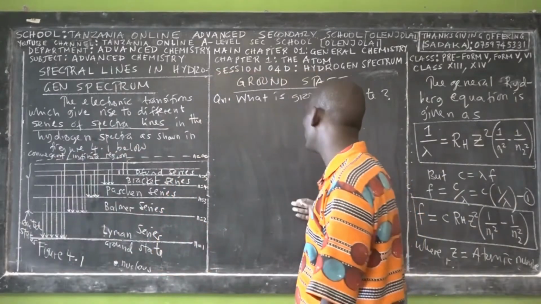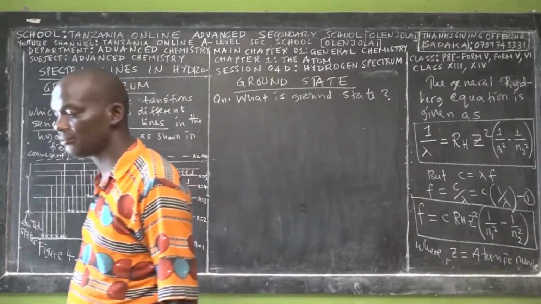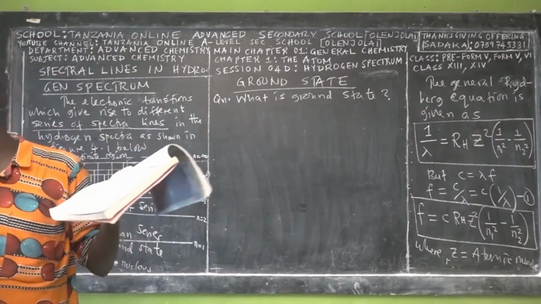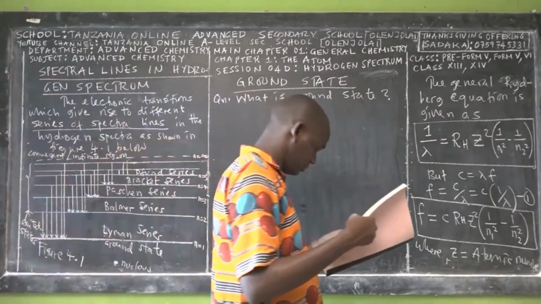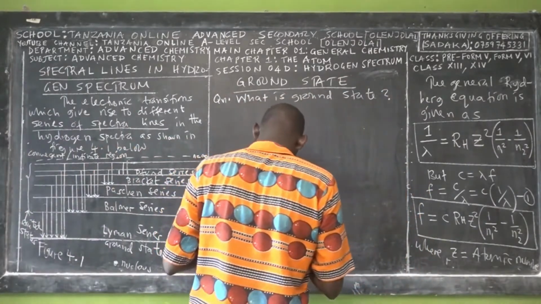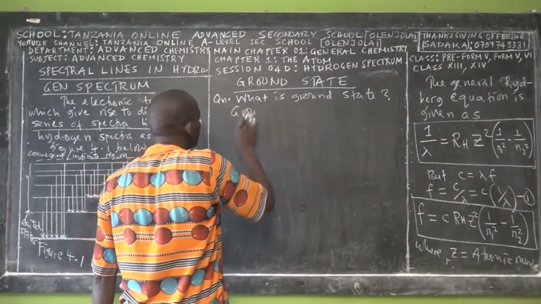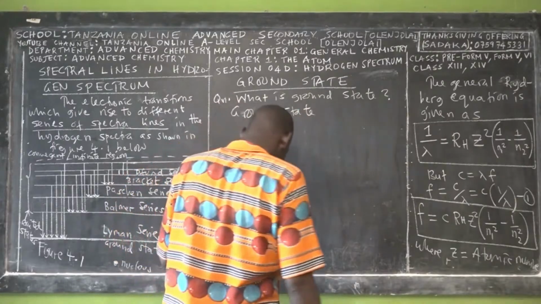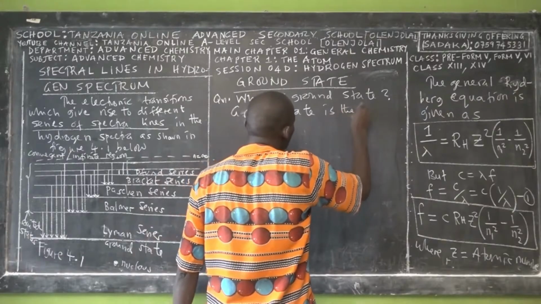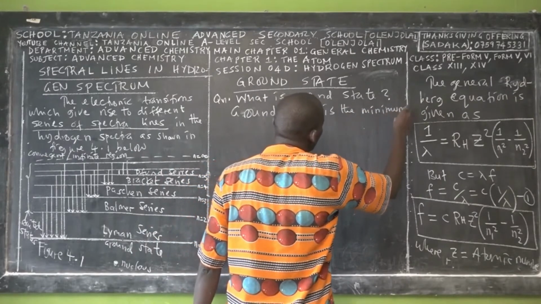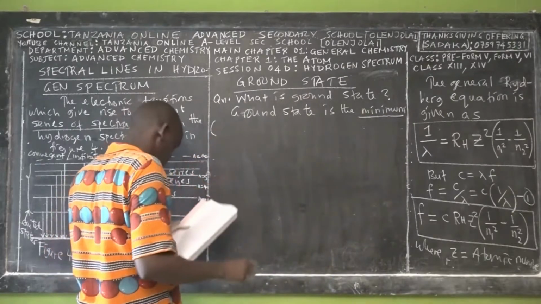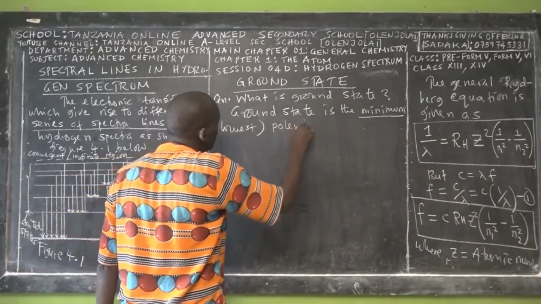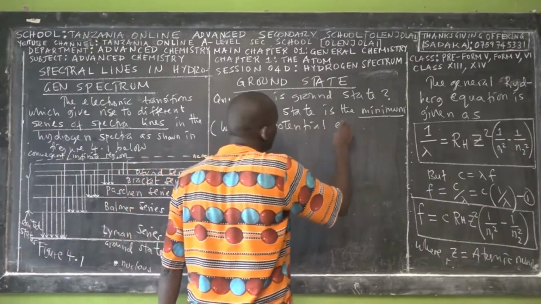We don't mean maybe the ground level of a roof. This is a chemistry term. The ground state is a chemistry term, so you have a specific definition in chemistry. So ground state is the minimum or lowest potential energy